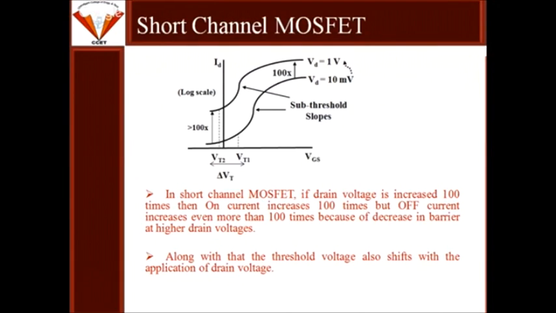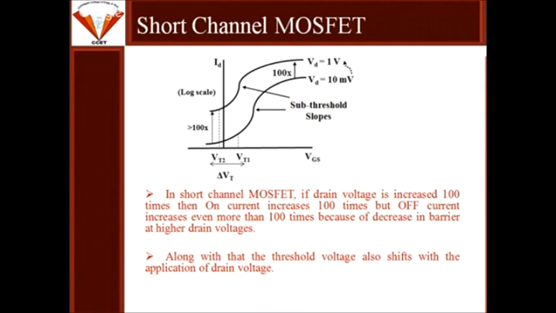And also, if we look towards the curve, suppose we increase the drain voltage by 100 times, the on current is changing in the same proportion. It means if the drain voltage is changed by 100 times, then the on current will also change by 100 times. But other than that, the sub-threshold slope as well as the off current are changing in a different